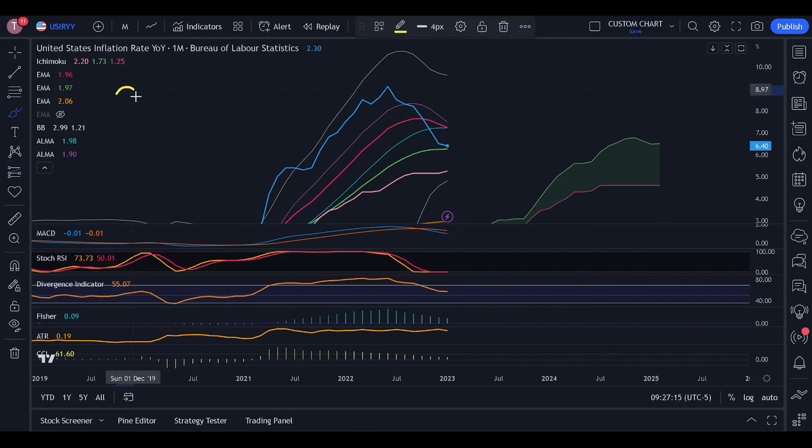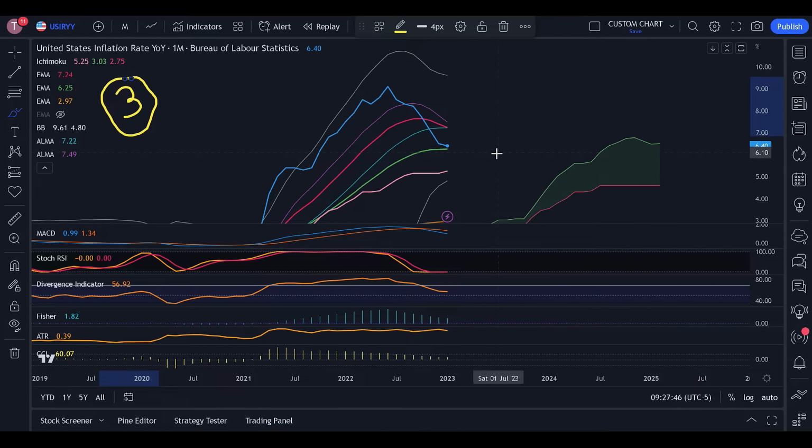Guys, now we are going to discuss the third point of the agenda, that is the Federal Reserve Chairman's testimony to the Senate and the House. So let's see what he has said, what he has mentioned, and what we can expect from him. But before I talk about what the Federal Reserve Chairman has said,